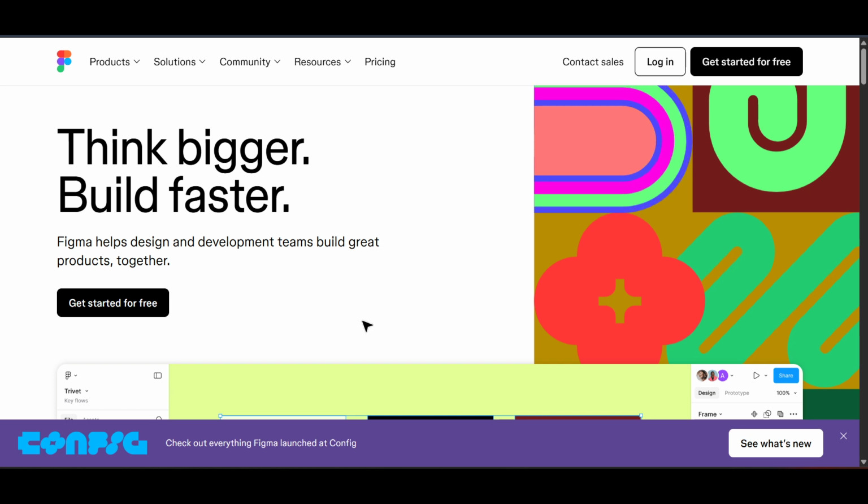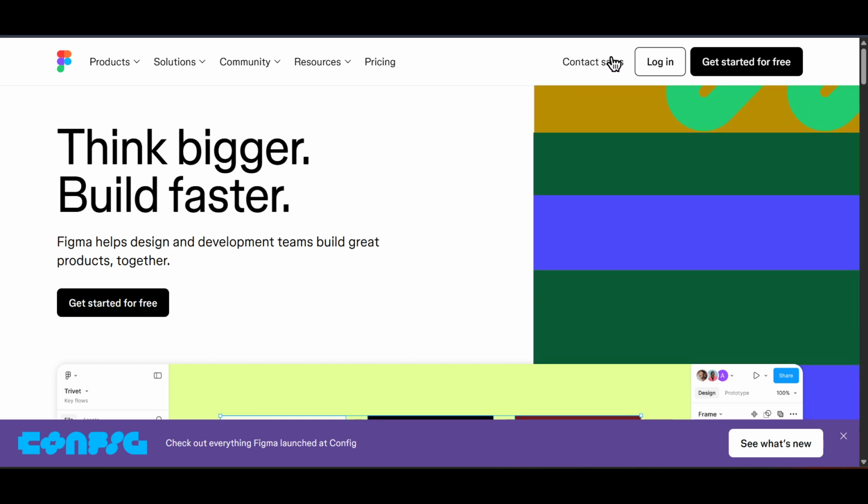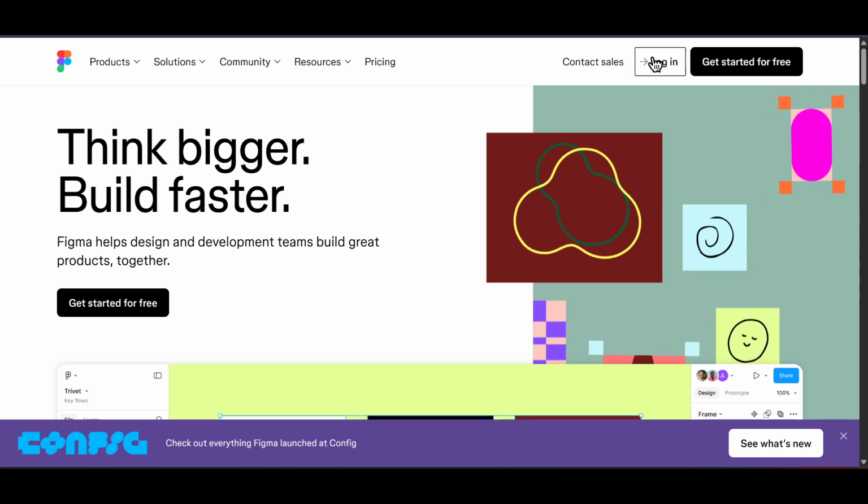Let's start by launching Figma, your go-to collaborative interface design tool. Once you're on Figma's homepage, you'll need to log into your account. If you're not logged in already, just click on the login button at the top right corner. From there, enter your credentials and access your Figma workspace, where we'll be doing most of the work for this